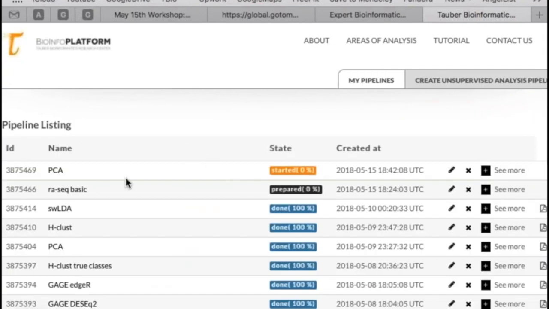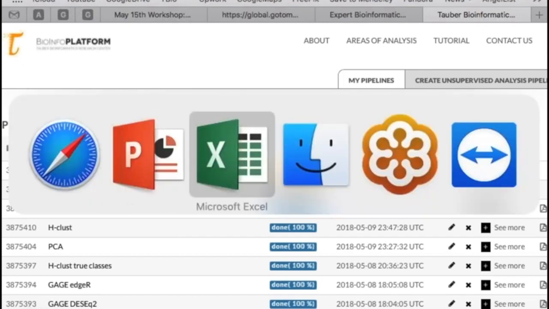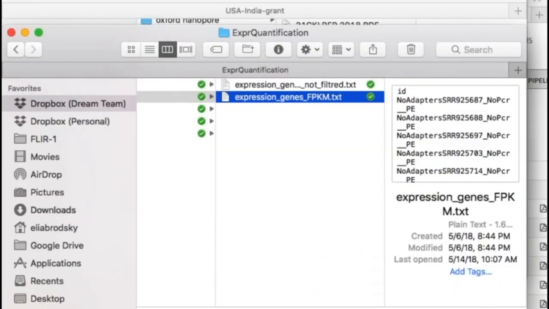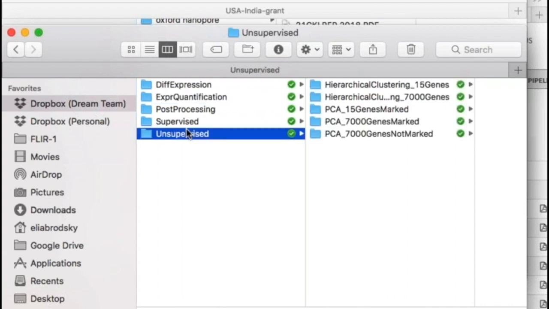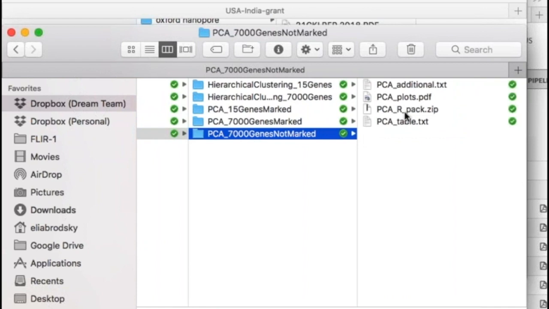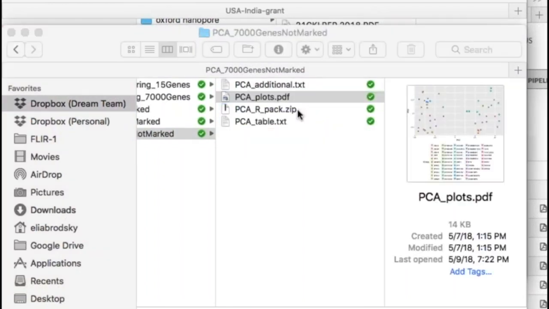And then I can go to the My Pipeline section and see that state of this pipeline is started. So it's running now. And as we said, we prepared output files folder, and select here unsupervised PCA 7,000 genes not marked. And here we see output of our pipeline. So it contains one PDF. We can open it